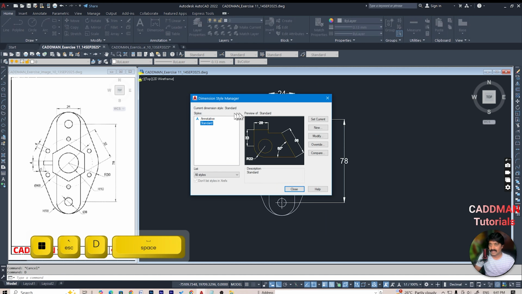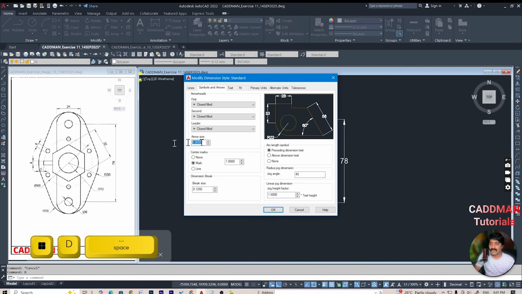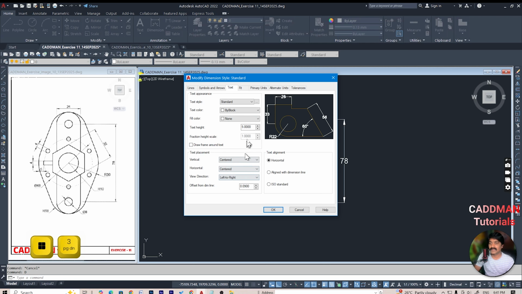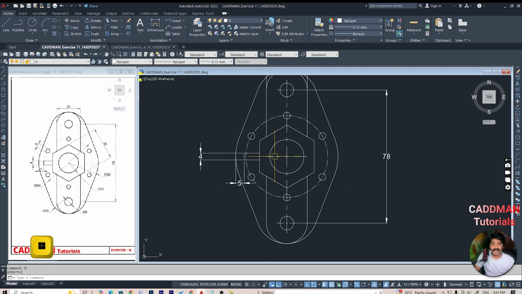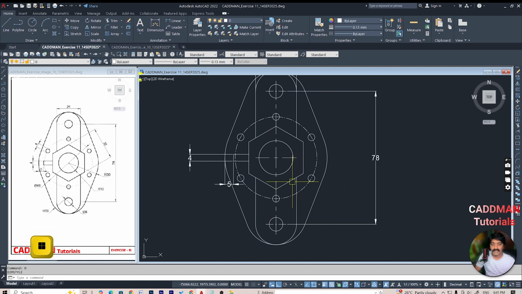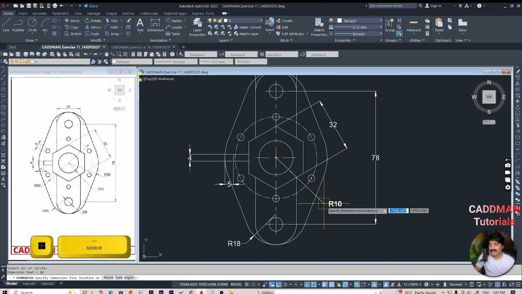I'll try to change the arrow size to 3 and even the text to 3. Okay, 5. Now we'll go and give the radius dimensions, line dimensions. From here to here it is 32, and radius dimension, so this is R18, this is R10, this is R30,